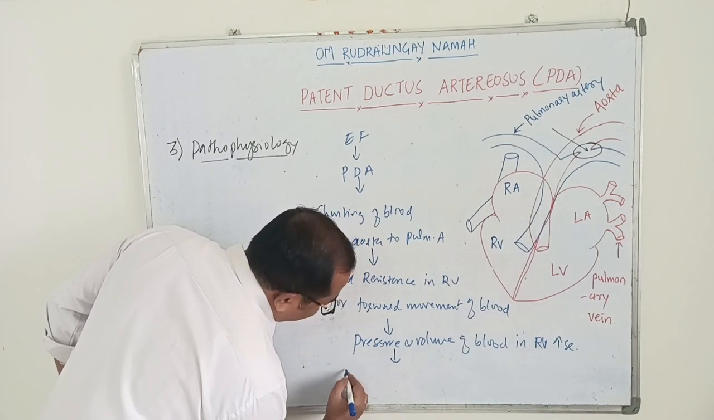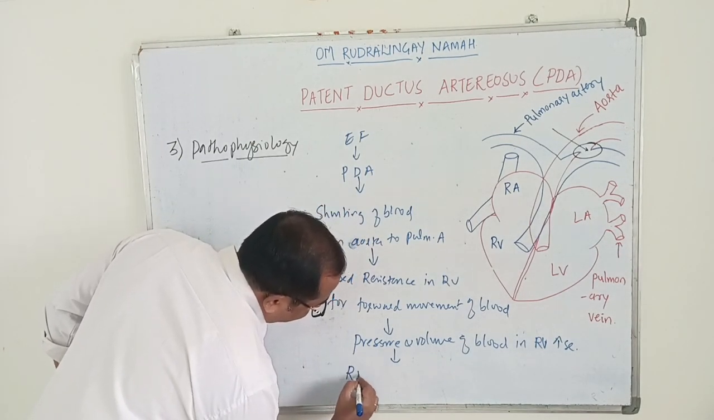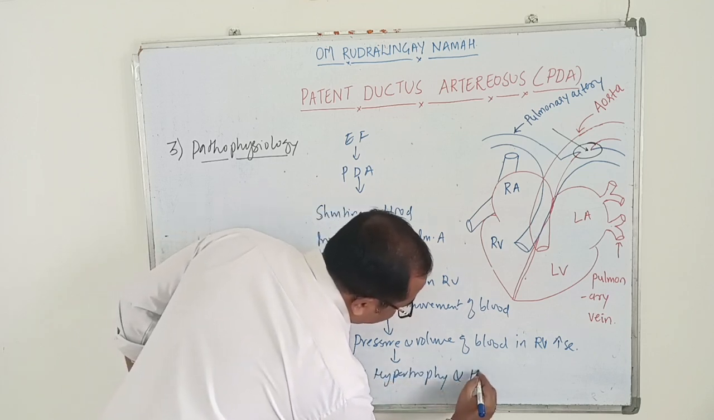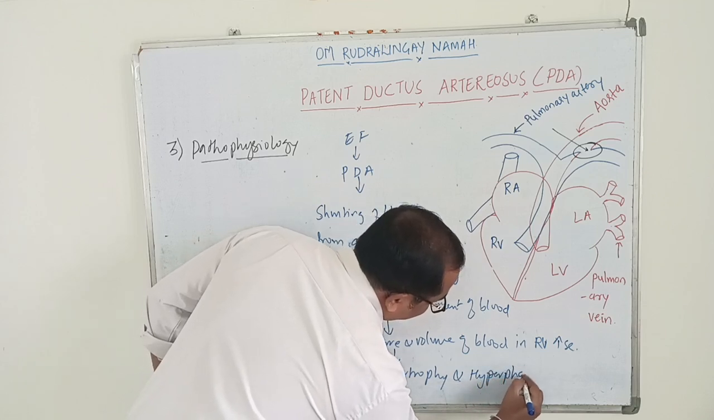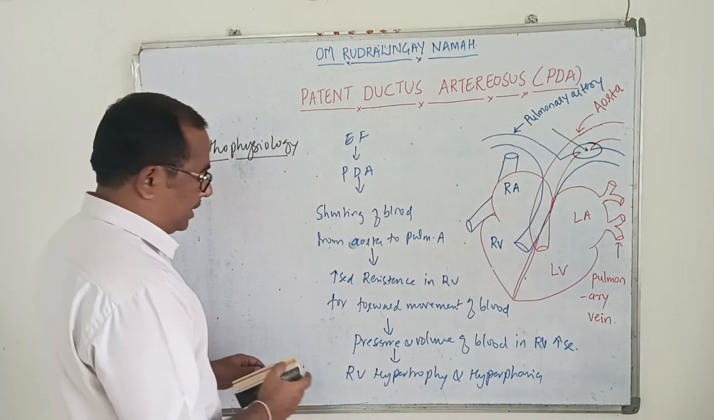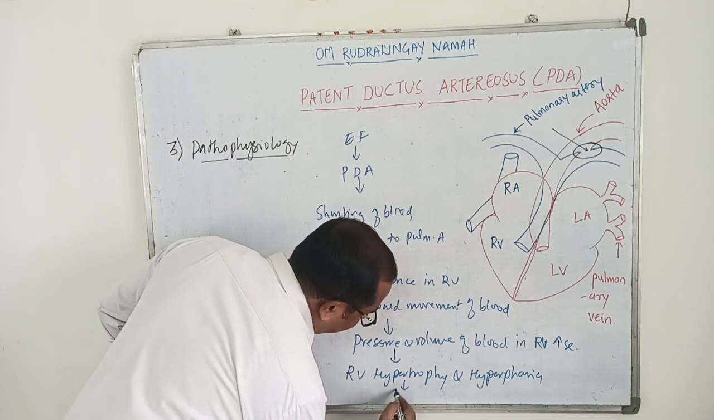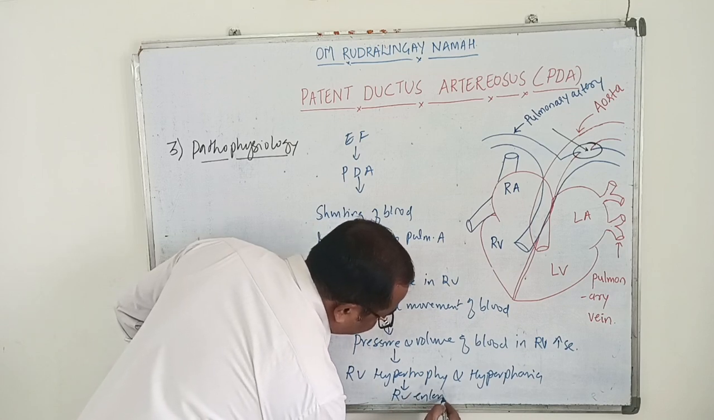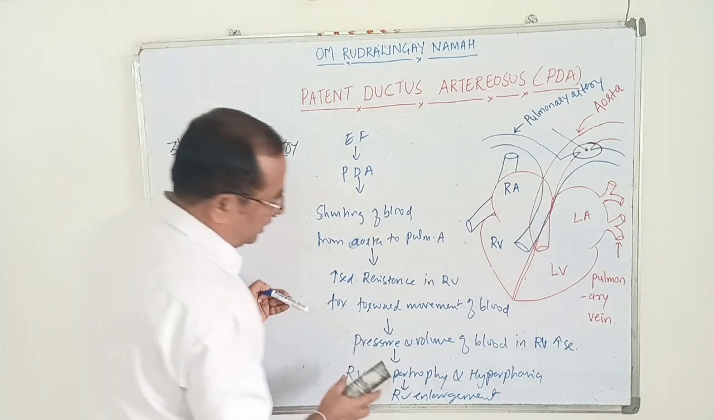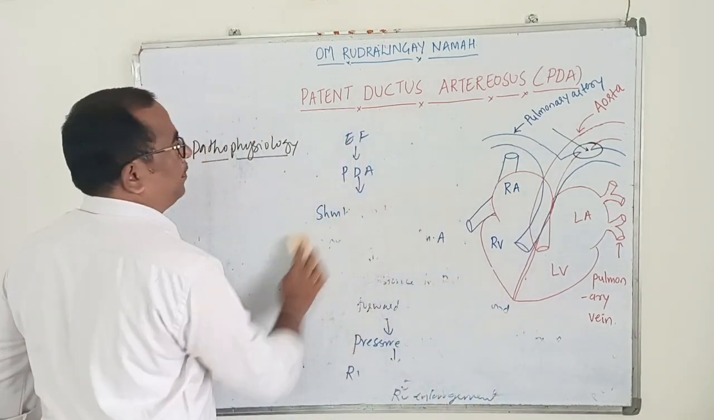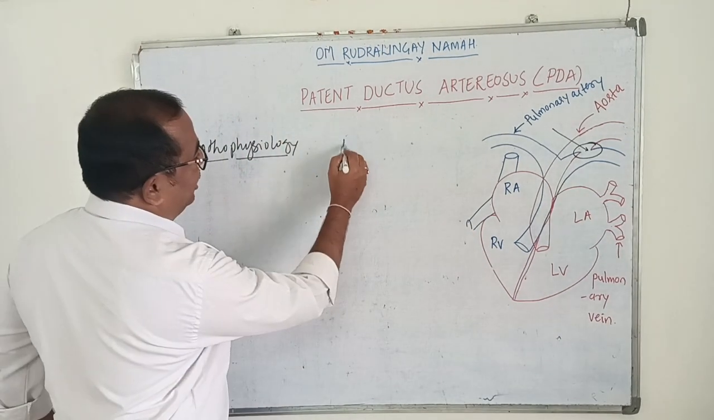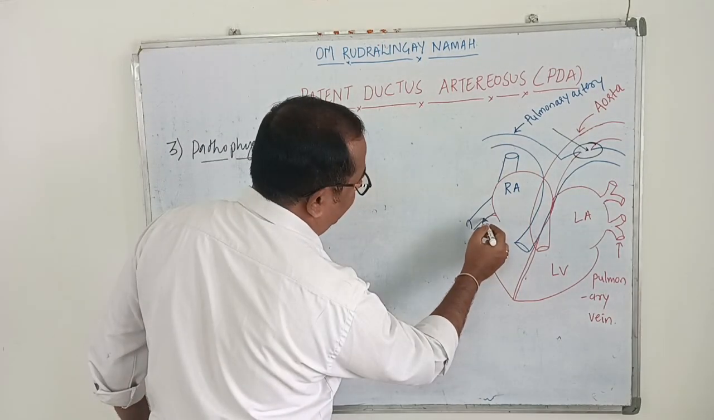So this will lead to right ventricular hypertrophy and hyperplasia, and right ventricle enlargement. Okay, so finally it will lead to right ventricular enlargement. This will continue further. So there is a right ventricular enlargement, and because of increased pressure in the right ventricle and right ventricle enlargement,